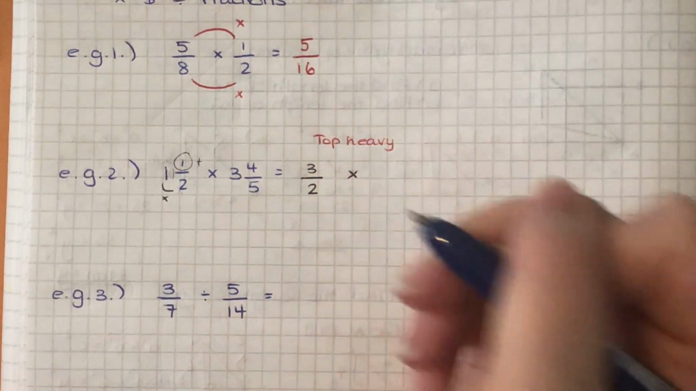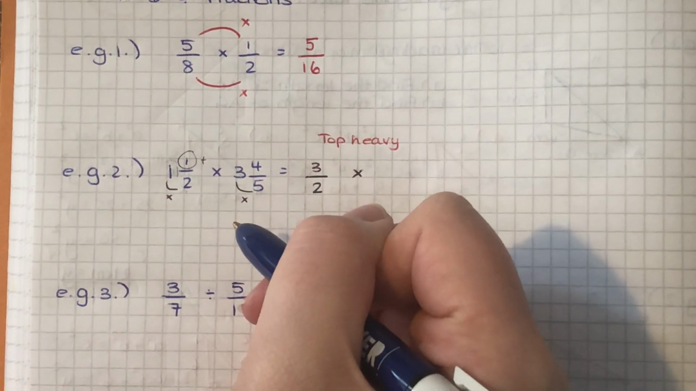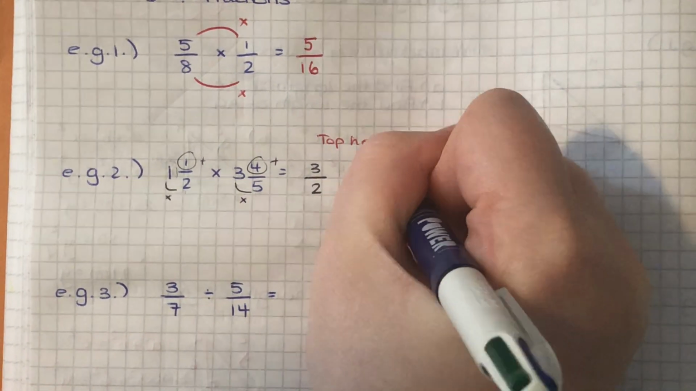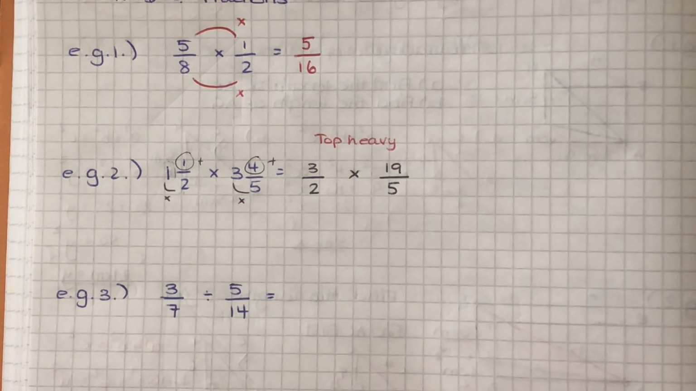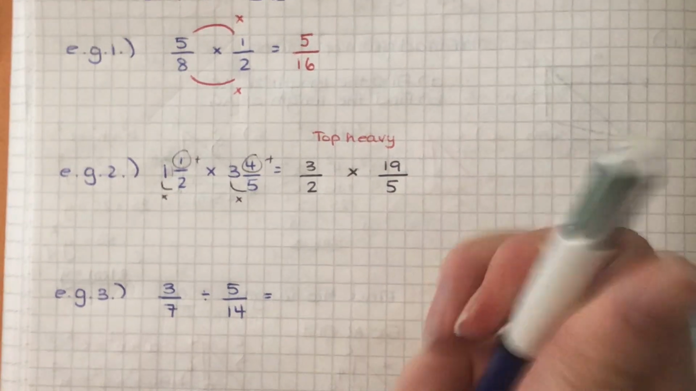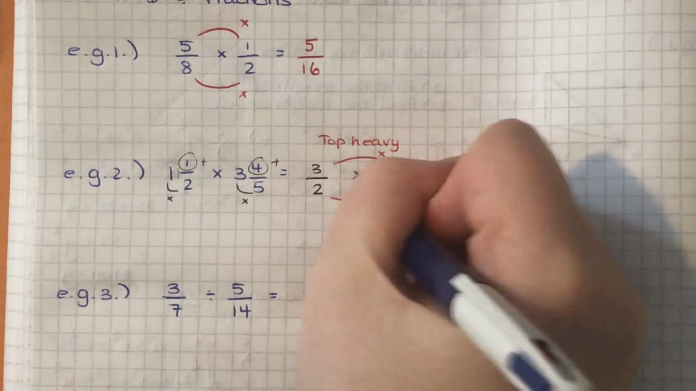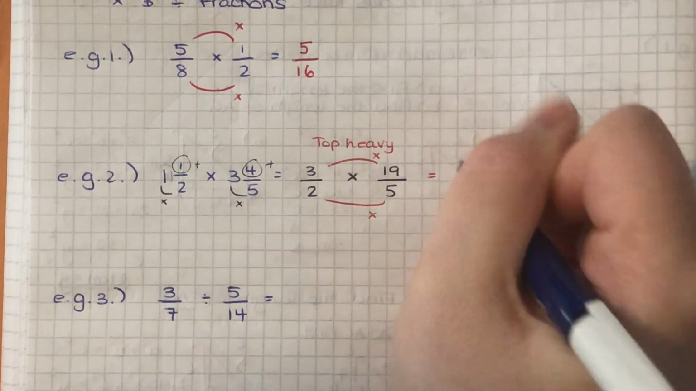I'm going to keep the multiply sign, but same thing for this one. So 3 times 5 is 15. 15 plus 4 gives you 19, and that's over 5. And then we do the same thing as before. We multiply the top numbers, or the numerators, and we multiply the denominators together. So we're going to get